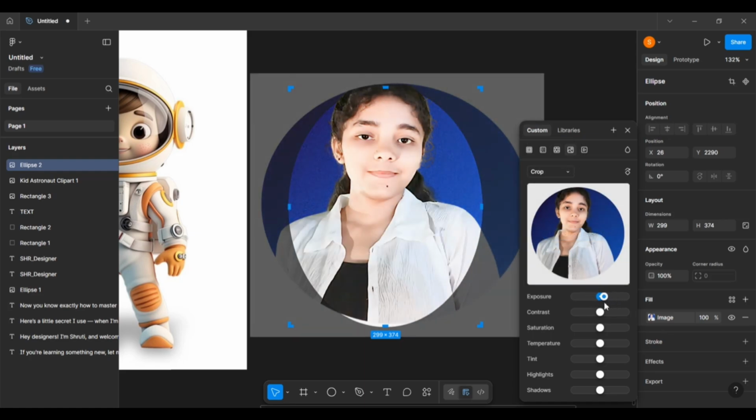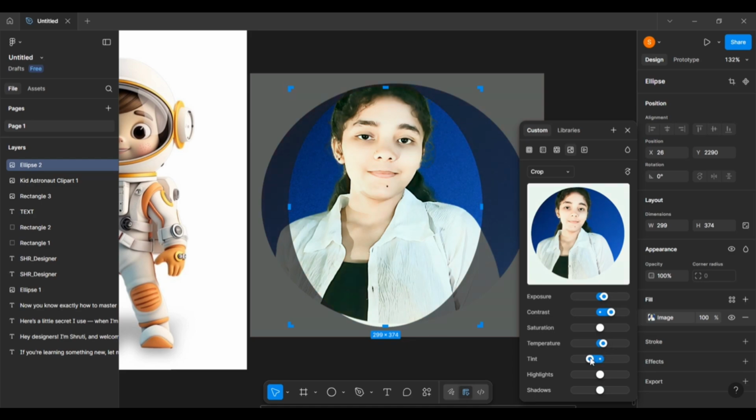Then this is the exposure section, contrast section. मतलब basically it will change the color of your images. Like increasing the exposure will make your image brighter. Contrast जितने भी black areas है वो थोड़ा blackish और कर देगा. Then the saturation section, temperature. Like temperature basically you have warm colors and cool colors. Like देखो इधर warm colors जा रहा है. The blue is getting more bluish and over here you can see it is getting more warmer colors.